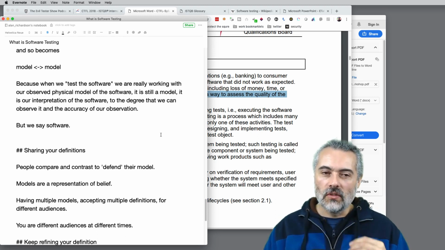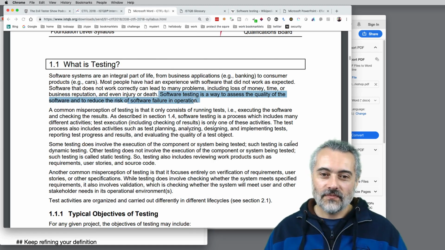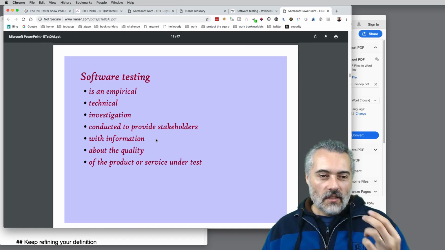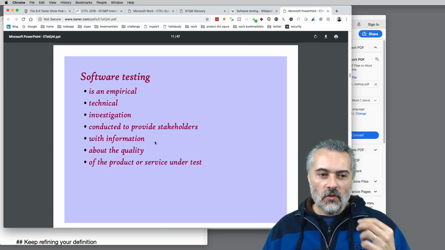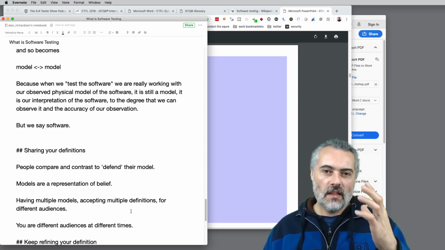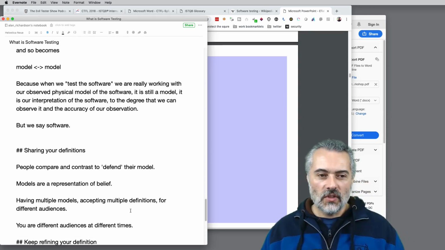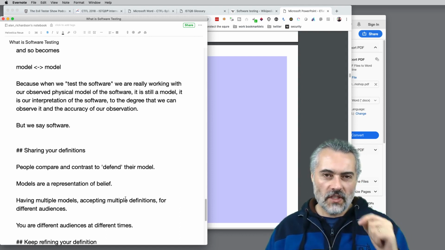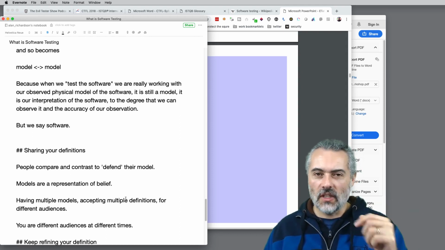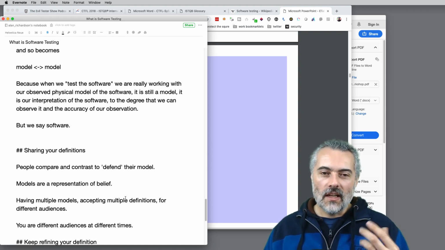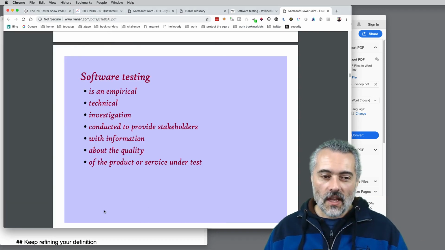It's to defend your model, right? So if I look at definitions, it's very easy for me to go, aha, like Ken Kamer said, this is about information about the quality. Well, no, it's not about the quality of the product or service. It's about whether there's any issues in there that have not been spotted, and the users don't care about the quality of this, and we've got tech debt. And really, it's about how much tech debt have we put in there, and what is the risk of this for the future. And I could take issues with definitions if I want to, but I have to understand that